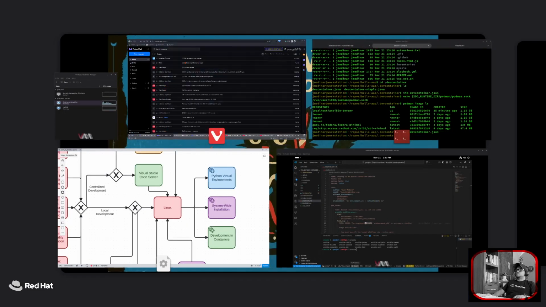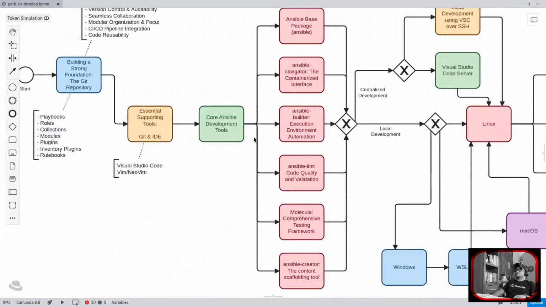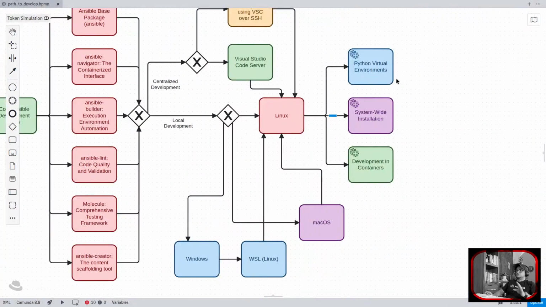So up to this point we have covered all the different scenarios that we can use to develop through Linux, using virtual environments, a system-wide installation, or using containers. In all cases we saw the standalone version versus the Visual Studio Code version. If you want to use Macintosh, the process is basically the same, and if you want to use Windows, the process is the same, but you need to do it through WSL or a Linux virtual machine. There is the option of using Podman or Docker, and all of the specific instructions will be provided